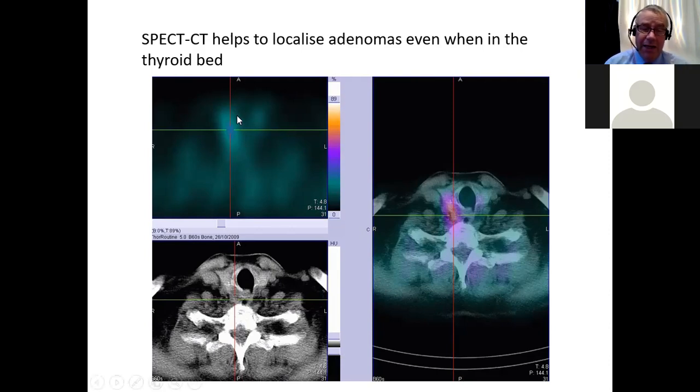And what you can see here is there's a sort of bit of thyroid on that side, a bit of thyroid on that side. It's a little bit more behind. And when you look at the SPECT-CT, you can actually see much more clearly. There's a second structure behind the thyroid, and that's the parathyroid adenoma. And that's about 11 millimeters from what I can see. Now, I would say that 90% of the parathyroid adenomas you will be finding will be this kind of one behind the